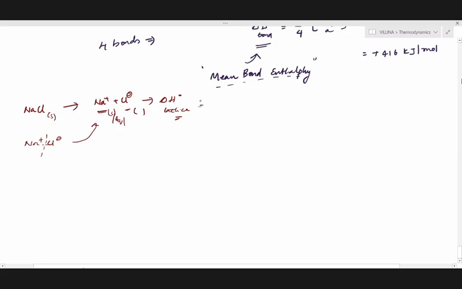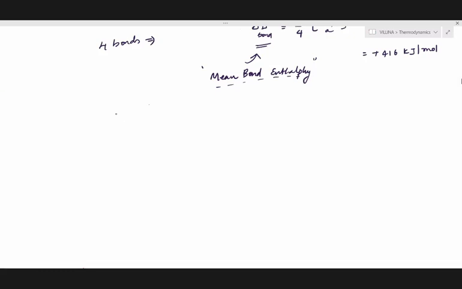But before we see this lattice enthalpy, we will try to see how exactly these lattice enthalpies are associated if we are breaking the bonds in an aqueous medium, means in the presence of a solvent. So take down the next heading as enthalpy of solution and enthalpy of dilution. I will discuss only enthalpy of solution because dilution is almost the same. So enthalpy of solution, that is delta H naught solution.